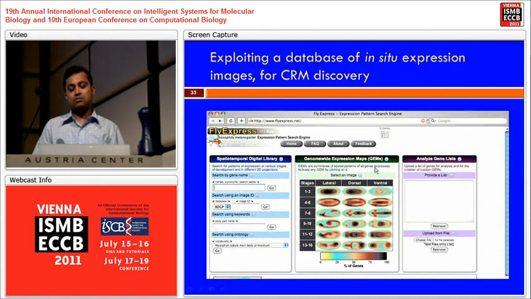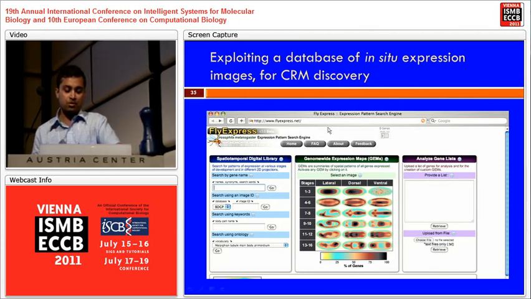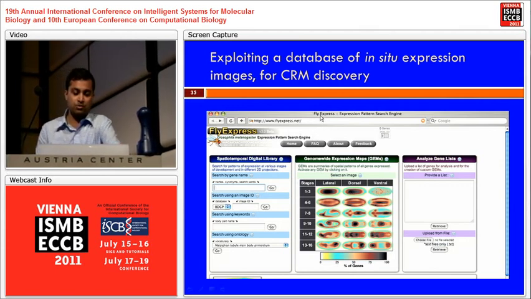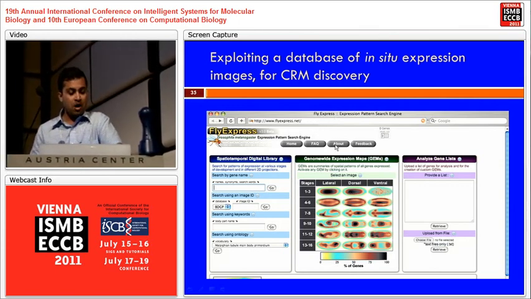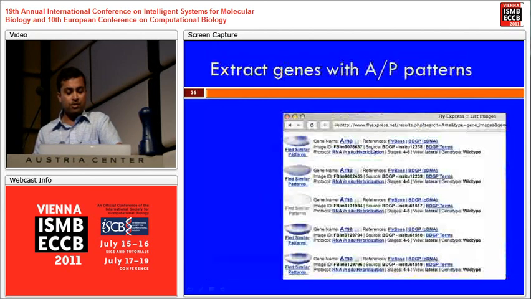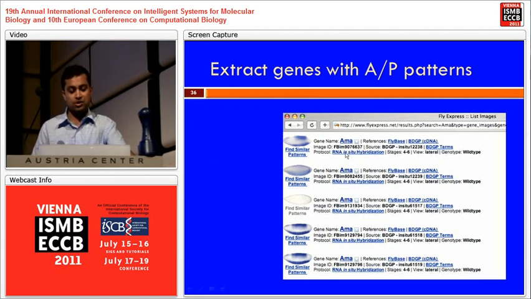So then we went ahead and extended this basic idea to apply to large numbers of genes, and for this we exploited a database of in situ expression images, the Fly Express database, maintained and developed by Sudhir Kumar, our collaborator. This database has in situ expression patterns for about 6,000 or 7,000 genes, and